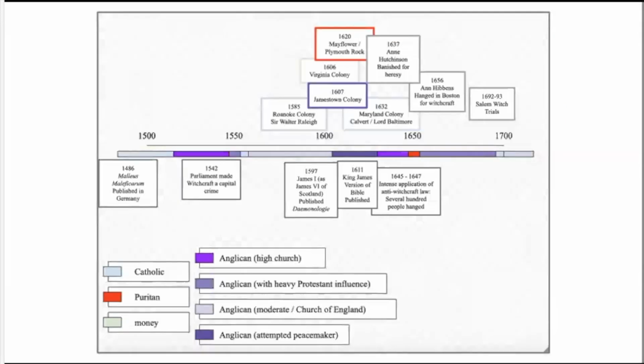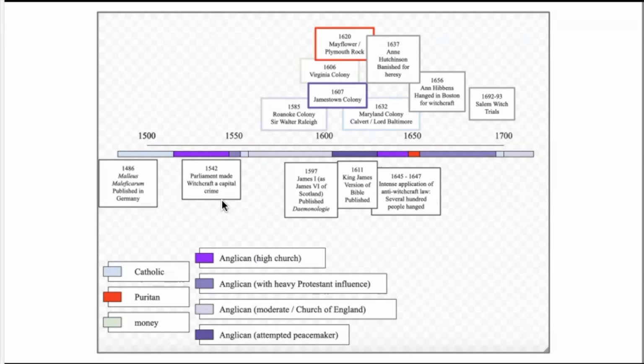If someone reminds me, I will put a PDF of this timeline under readings for Module C on the Canvas course site. If you want more time to look at the details, you can see it better there, so don't worry too much about them here, but do listen to what I'm saying. Above the timeline are events that happened in the English colonies of North America, and below are events that happened in Europe, particularly England. Parliament made witchcraft a capital crime, meaning it was punishable by death, back here in 1542,